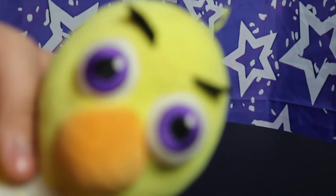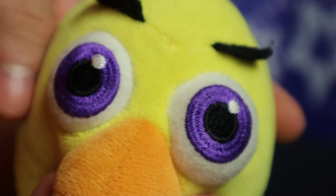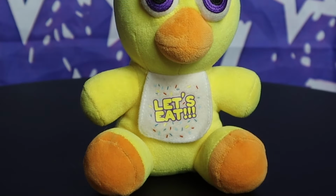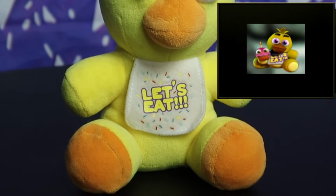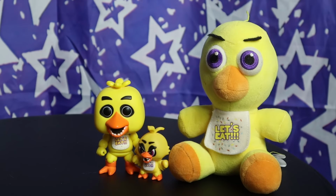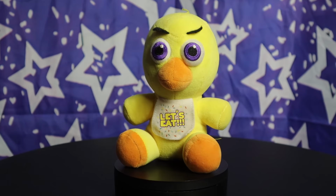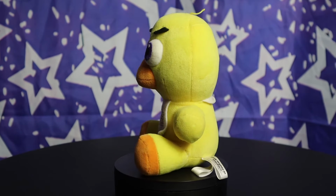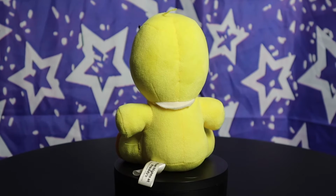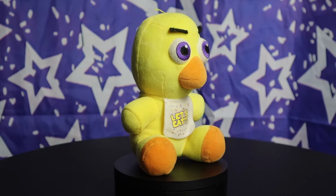Contrary to popular belief, this plush isn't completely horrible, just mostly. But I actually think it gets a few very small things right. The eye color is a little dark, but it's actually purple, unlike the figure. It looks so pretty. And while her feet being orange is inaccurate, as the original plushie had yellow feet, I mean, this is obviously way better. It looks way more natural, even if the orange is a bit too pale and I kind of don't like it anyway. Funko's Chica merch has been constant disappointment after disappointment. And also the figure. And this plush is the worst of it, being the face of poorly made FNaF merch for years. That being said,